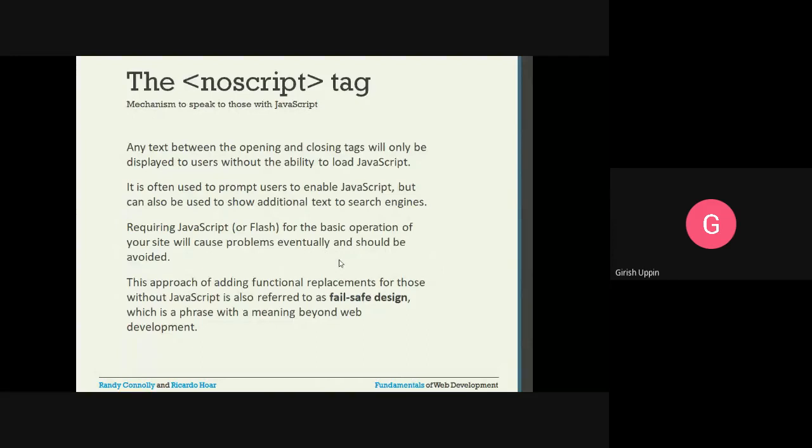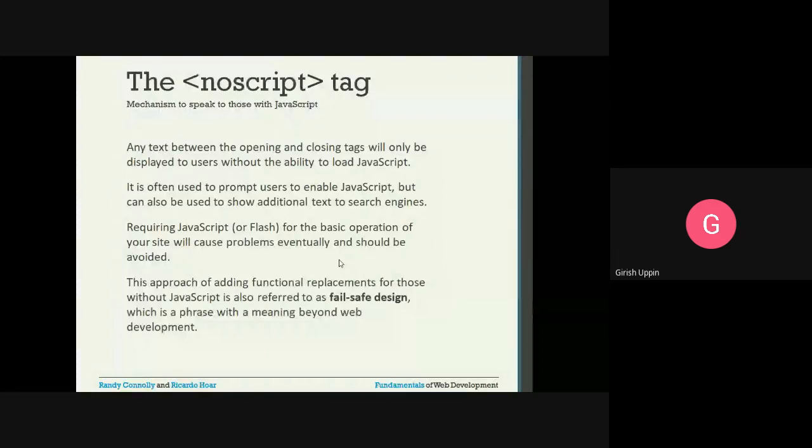So if you depend on JavaScript for any basic operations, then it's not a good design. Any basic operation should be performed without using JavaScript. That is how you will not be forcing the users to enable JavaScript, or, if it is not enabled, it will not result in some kind of errors. So those things can be avoided.